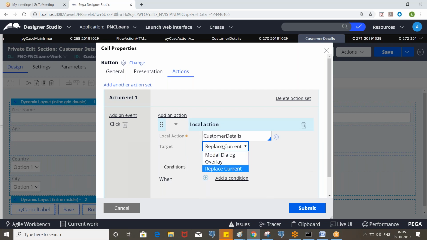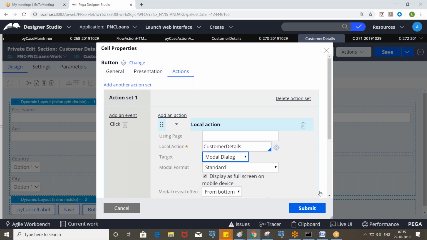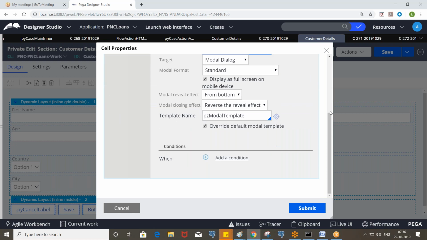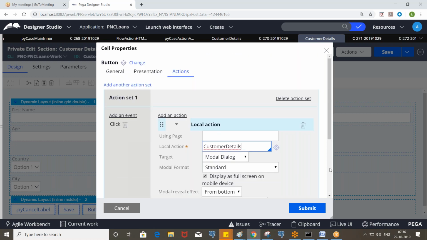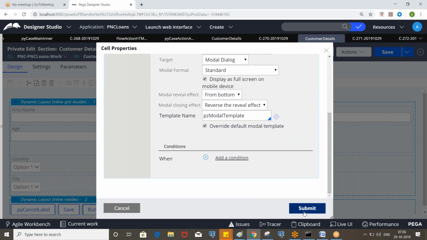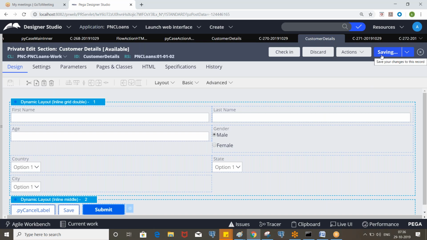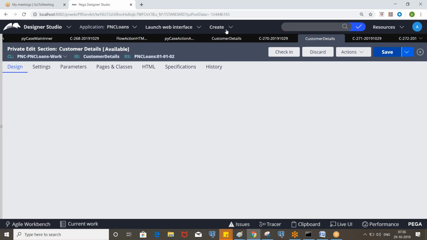Customer details, I want this as a model dialog. So this is some screen, right? Local action means you can put any flow action. Inside that flow action you will have some section. Let's assume that you designed a separate section for that, and inside that section you can put a button which actually completes the assignment.